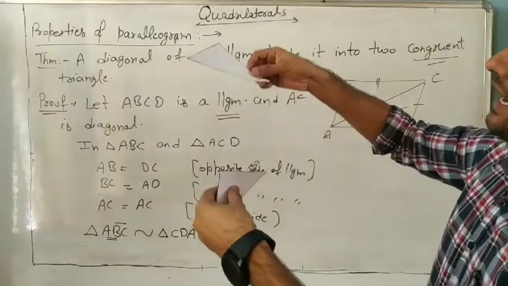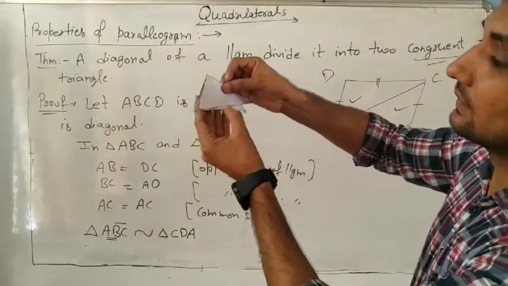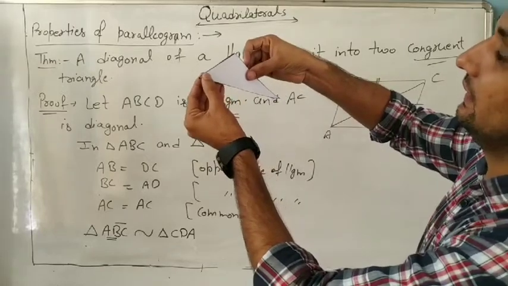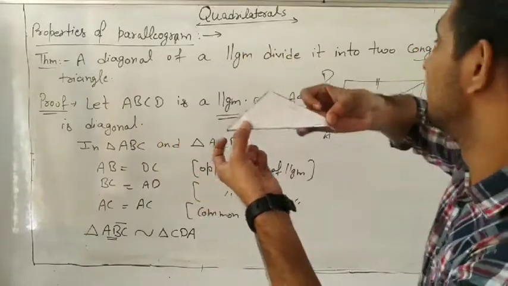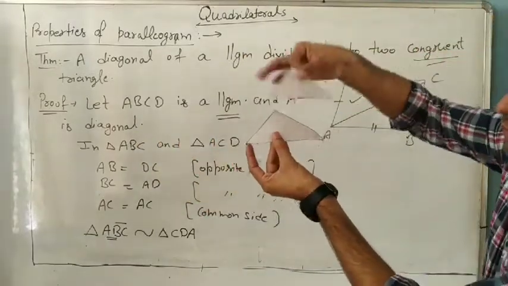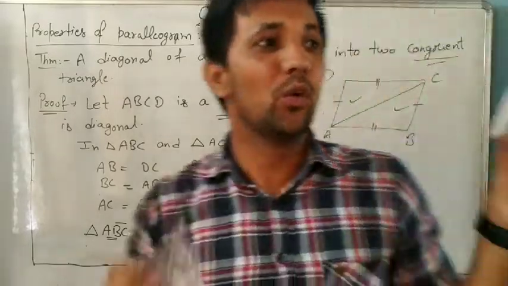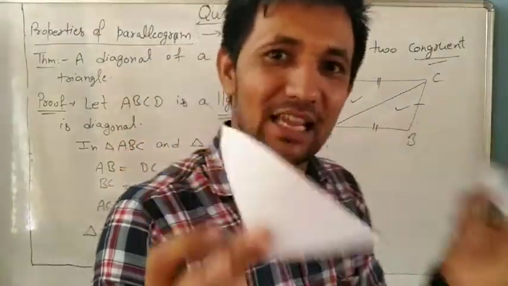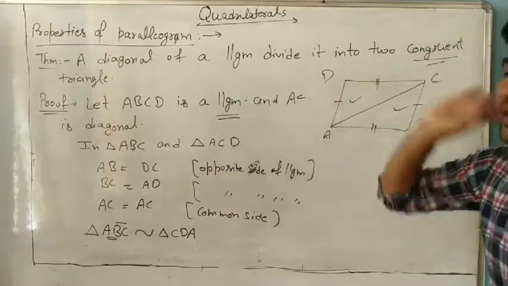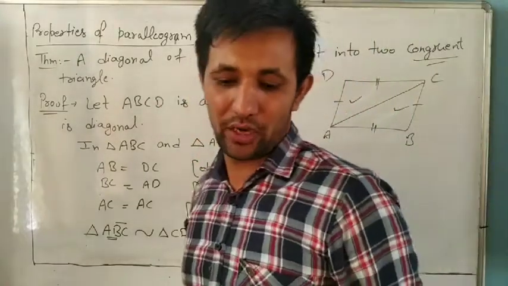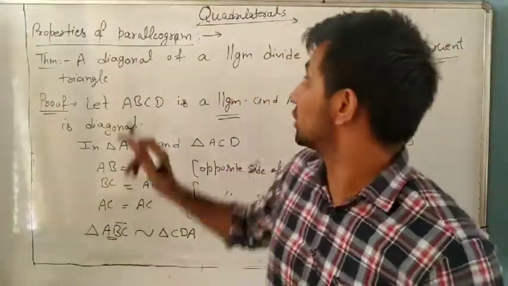Now we want to check whether they are congruent or not. Congruent means they will cover each other completely. Yes, look, these completely cover each other. It seems like only one triangle. It means these two triangles are congruent. What is the meaning of congruent? Two figures have the same shape and same size. So it means these two triangles are congruent. This is very important. Okay. The diagonal, always remember this one. This will not come directly in the exam, but we will use this one.